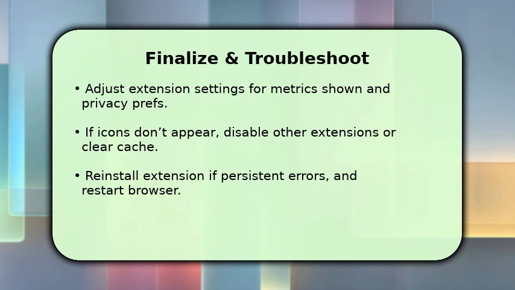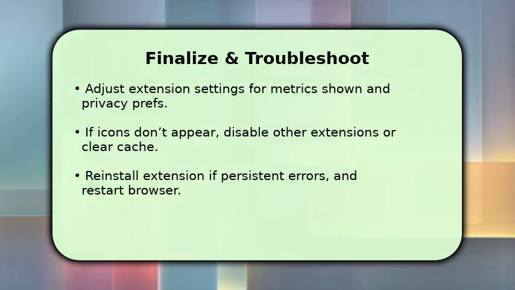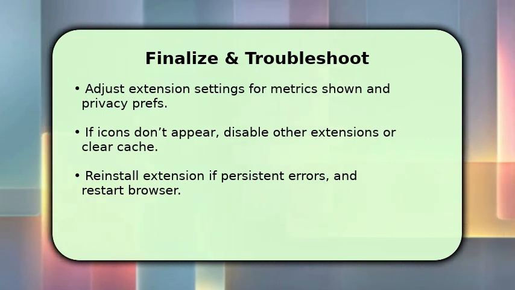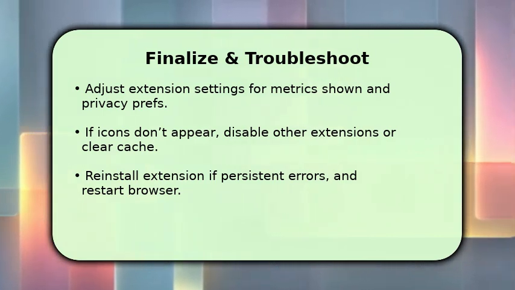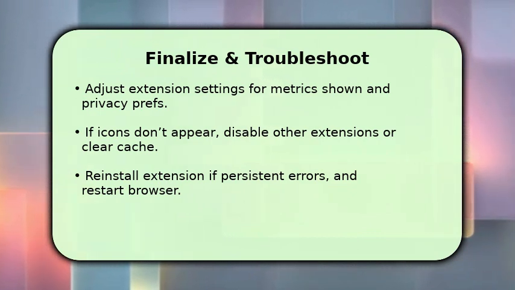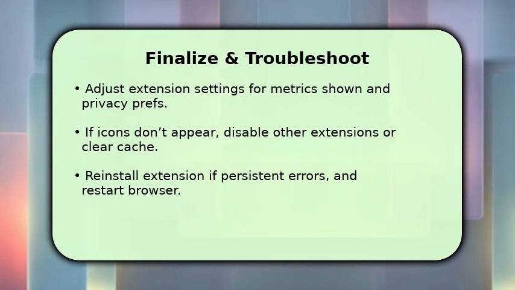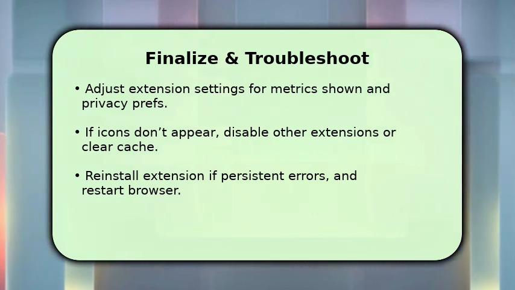If the Social Blade icon or overlays don't appear on YouTube, disable conflicting extensions or clear the browser cache and reload the page, often a quick fix. If problems persist, uninstall and reinstall the extension and restart the browser to reset permissions. Doing so usually resolves lingering install or permission